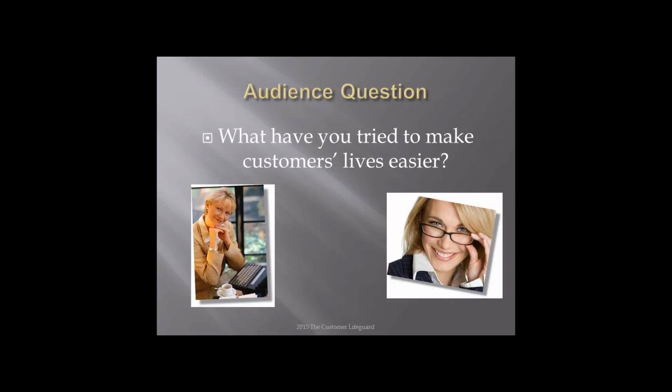So we've got a few of the answers starting to flow in. Carly has said, we have an external knowledge base to allow them to try and answer their own query before having to call. Catherine has said we've used online tools to book certain services. Michael said auto callbacks when people are queuing. Jennifer has said they use automation around self-service. Christine has said